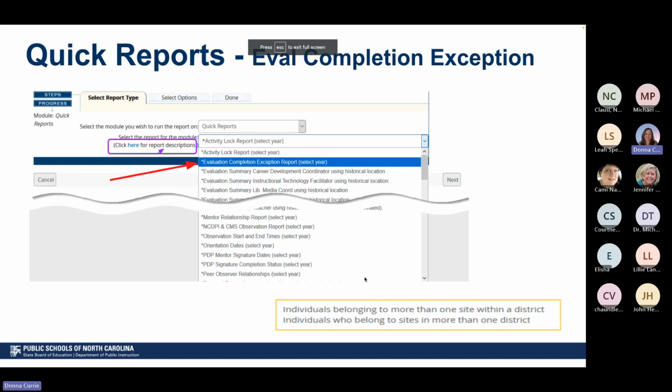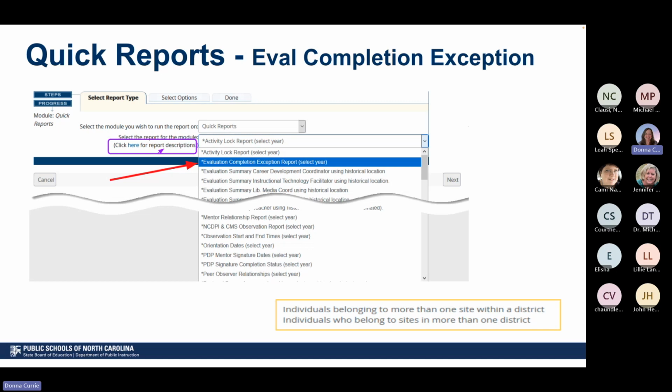Also in NCEES, you do have reports that you can run. You'll see that when you go to your reporting tab, if for some reason you can't see your reporting tab, sometimes it's hidden on the right, just click the drop-down arrow. It depends on how many things you have listed in your tabs at the top. But once you click on reporting, you're going to want to choose this drop-down to quick reports, some reports that might be beneficial for you. And only site and district administrators can see this reporting tab.